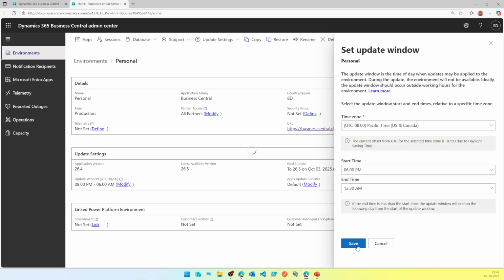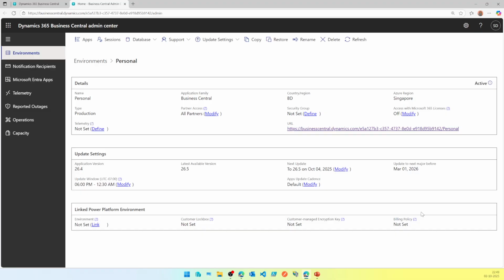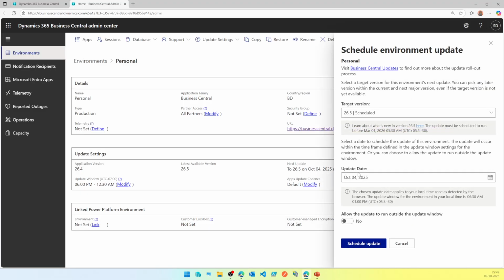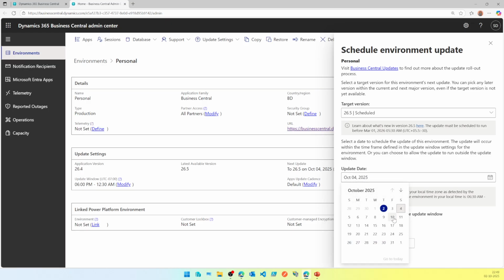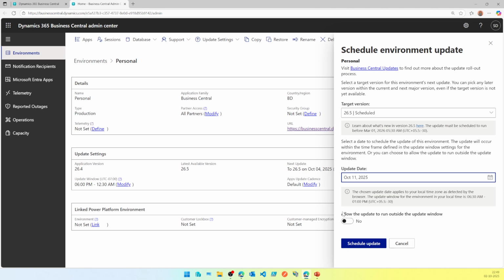That's one thing. And then make sure that it actually happens over a weekend, so that the load on the system is very low, which you can do from here. You can schedule a date when you want to upgrade. I'll pick a Saturday or a Sunday based on whatever my customer working hours are, and make sure this is